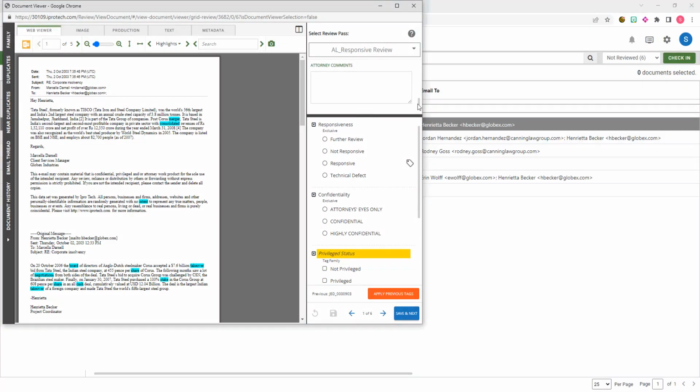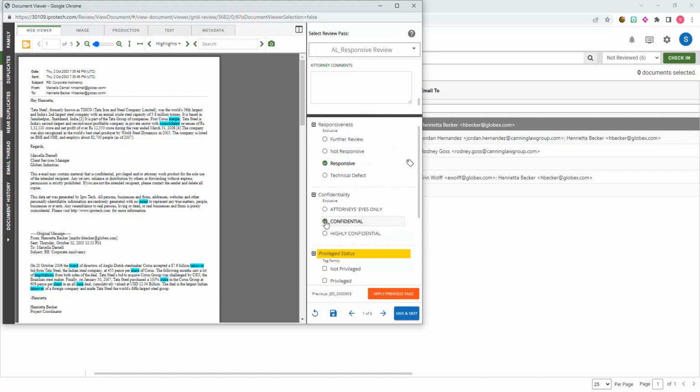To enter a comment on the coding form, select the applicable field and enter the needed comment. The tag palette found on the right-hand side of the coding form may have rules associated with it. The responsiveness tag group includes an exclusive rule here, meaning that only one tag in that group can be assigned to a document. To tag an item, select the appropriate radio button. If a mistake is made, click Undo in the bottom left. After selecting all applicable tags,